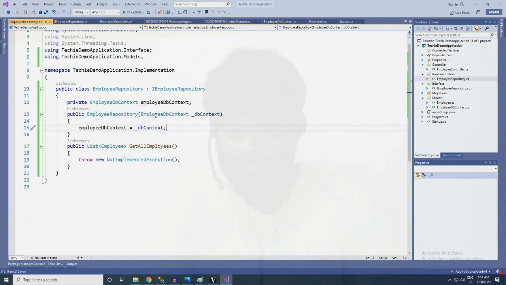I have created a new private variable and am assigning the constructor field to this. And now let's do our work sincerely.